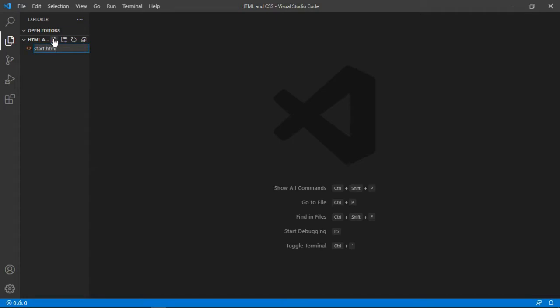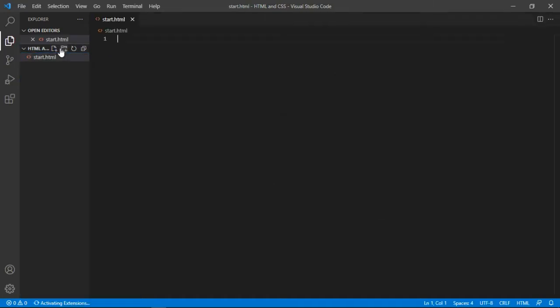Remember, the key thing is this extension dot HTML. When you're done, just click enter, and then I want us to create another document. So just click on this icon here, then create the CSS folder, the document. You just say my styles or anything, but for my case I'm using my styles